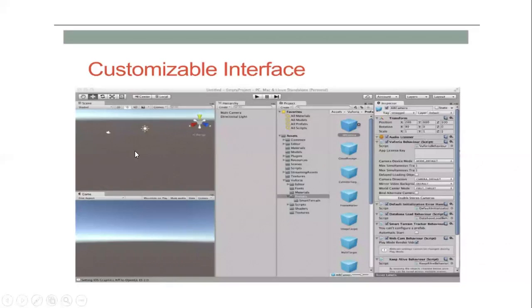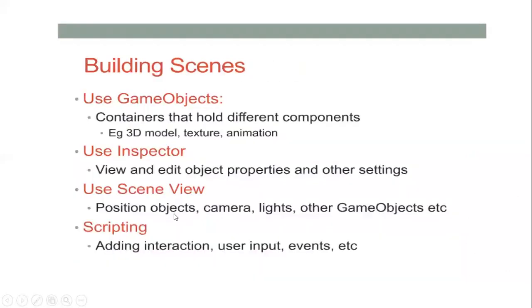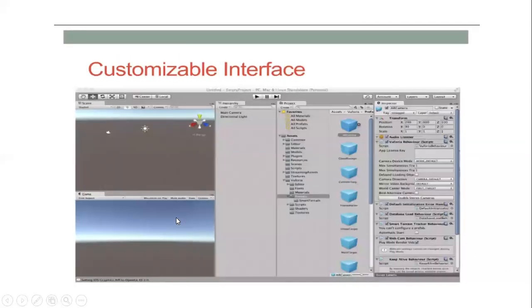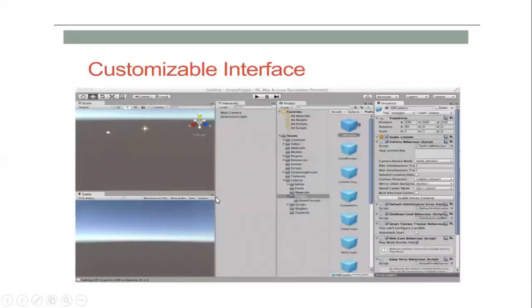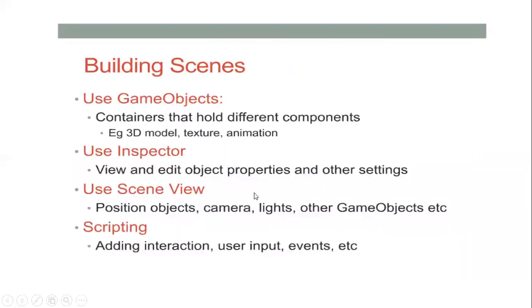Third thing, what can you do in the scene view? In the scene view, you can position your object. For example, I have chosen a cube object, and I have to set my position accordingly. Second thing, I can set the camera view. Here I can give one more camera view. See, it was very far now. When I set it in the camera, it shows clearly in which direction and which way it is. Third thing, I can add some lights.